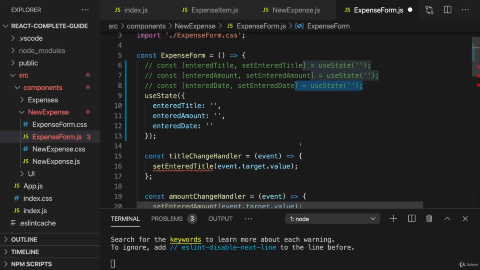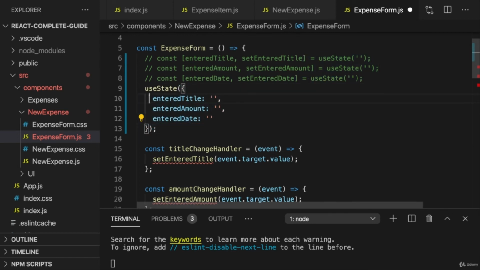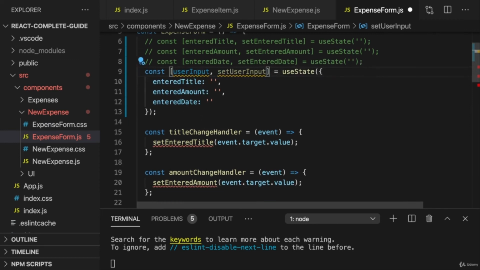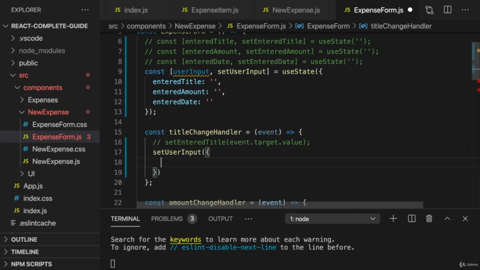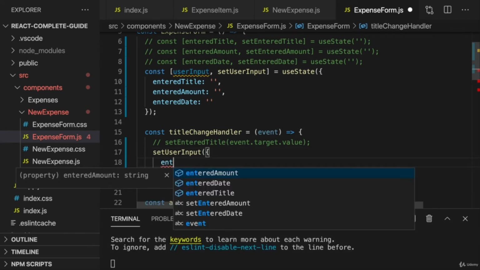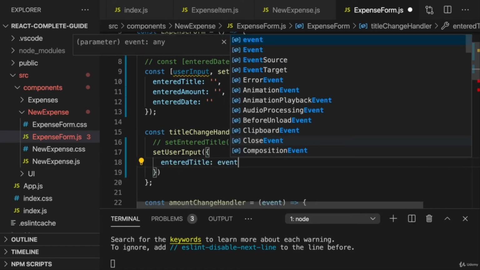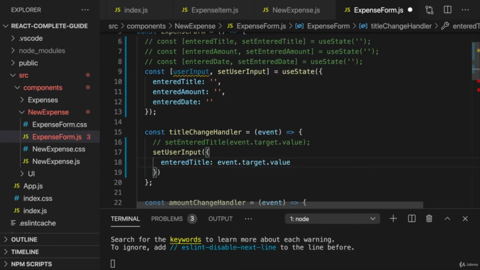The difference now, of course, is that whenever you update this state, you need to update all 3 properties and not just one. So here you could then also extract this and have your user input, for example, and set user input. And now when the user enters a title, you wouldn't store it like this, but you would call set user input. And in the end here, you then want to pass in a new object where you set the entered title, in this case, to event.target.value, but and that's now the tricky part, where you also ensure that the other 2 pieces of data don't